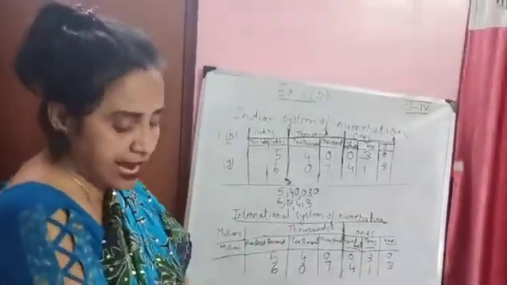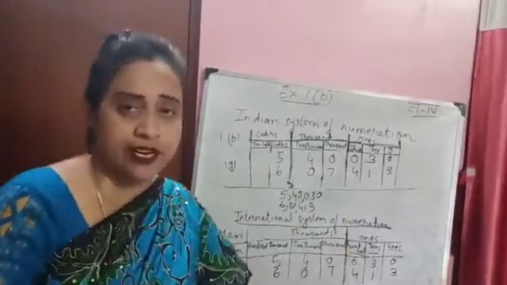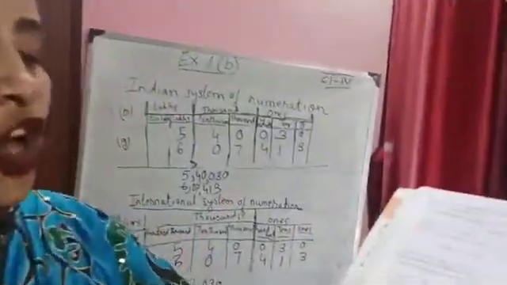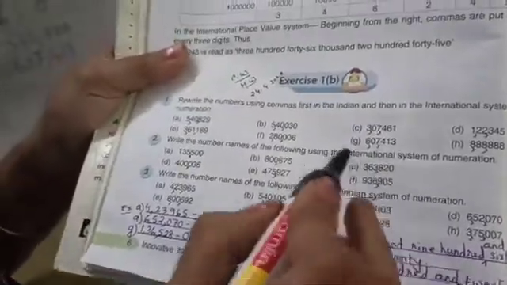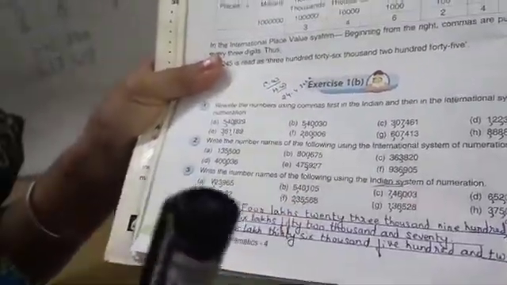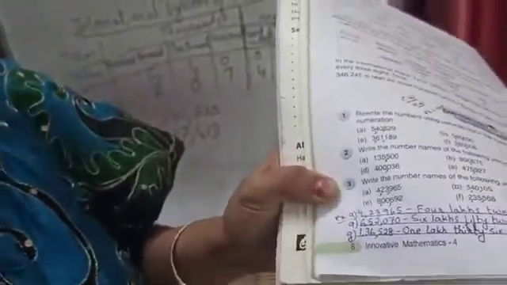So like this, I think, my children, you can do the sums very nicely. Do it in your book. Put the commas with your pencil. And regarding your copy, in your math notebook, you have to write the number names. This 3 will be for your homework.